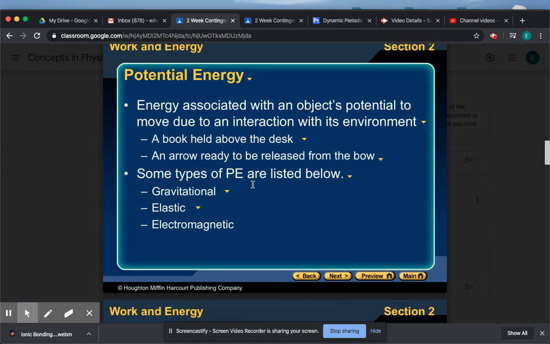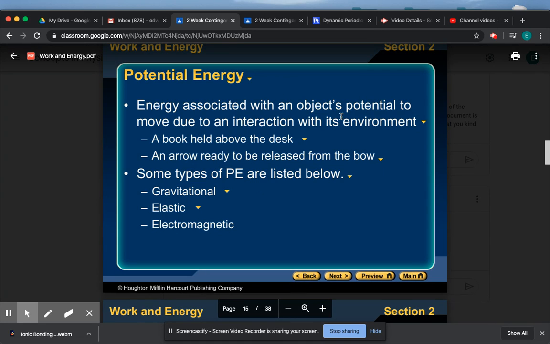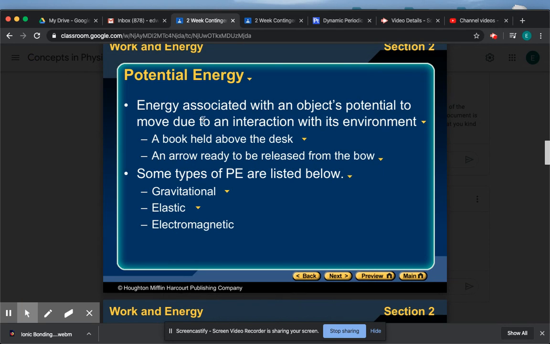So now, let's look at potential energy. Potential energy, again, is stored energy. It is stored energy that can eventually, maybe, provide motion. So the definition they give you is energy associated with an object's potential to move due to an interaction with the environment. In this case, a book held above the desk. If the book is being held above the desk, if you drop the book, that potential energy,